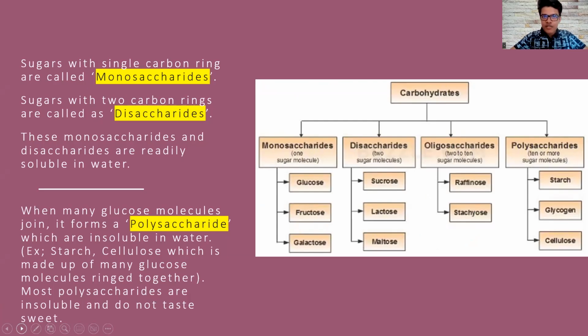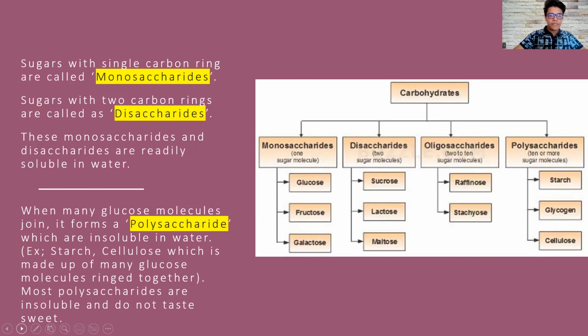Moving on to some additional information about the classification of carbohydrates, where we consider the three: monosaccharides, disaccharides, and polysaccharides. Oligosaccharides isn't actually necessary for our level. So monosaccharides are sugars with a single carbon ring, as the name suggests, where mono means one. Then disaccharides have two carbon rings, where the prefix di suggests two. And finally, the polysaccharides, which are insoluble in water, are formed when multiple carbon rings, or multiple monosaccharides, join